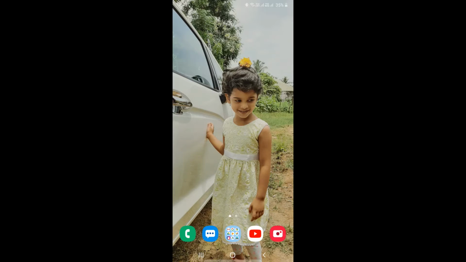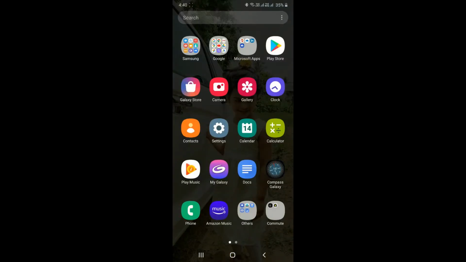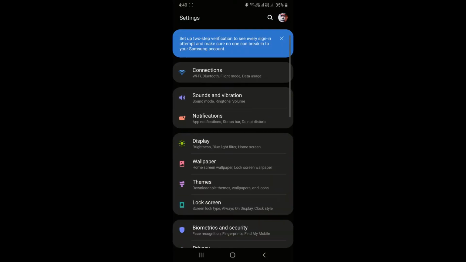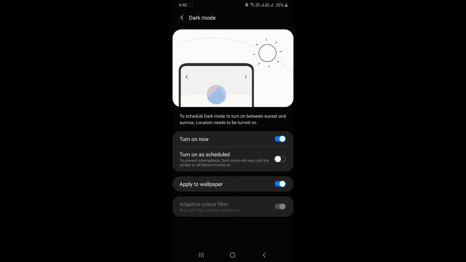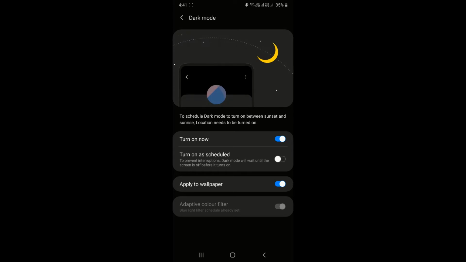So without much delay, let's head back to settings. Click on settings. All you have to do is first click on display. Here I will enable the dark mode button, which shows turn on now, turn on as scheduled, apply on wallpapers.